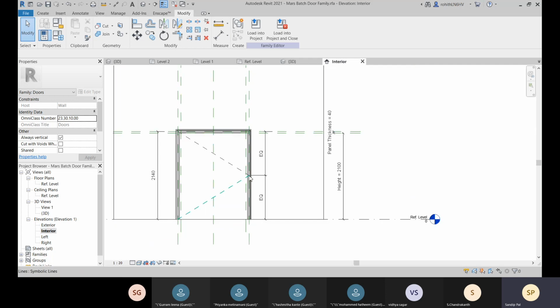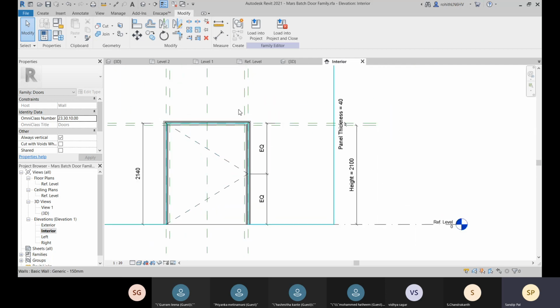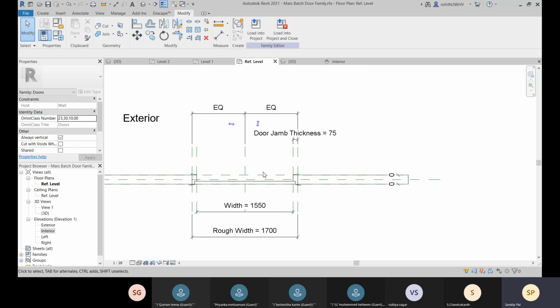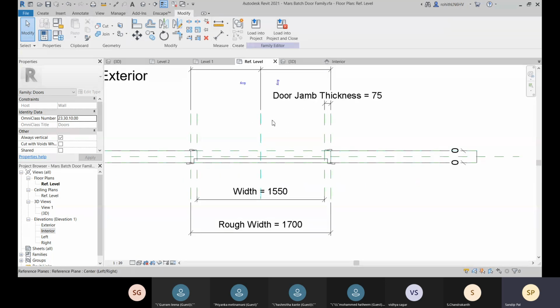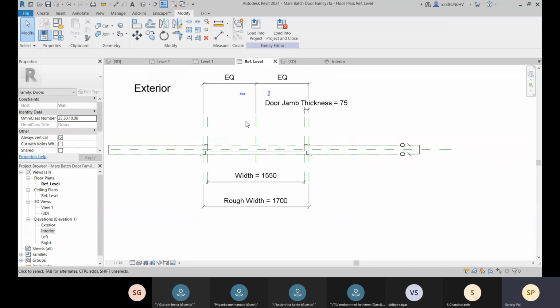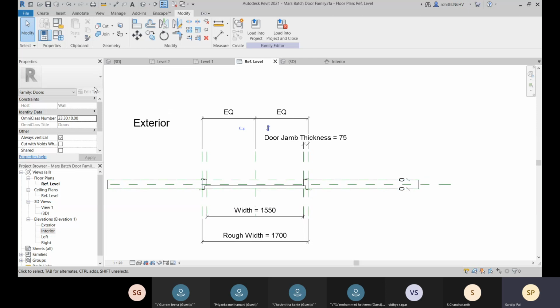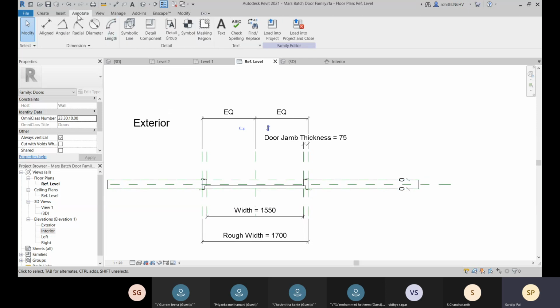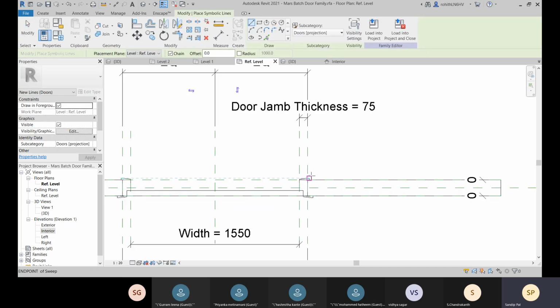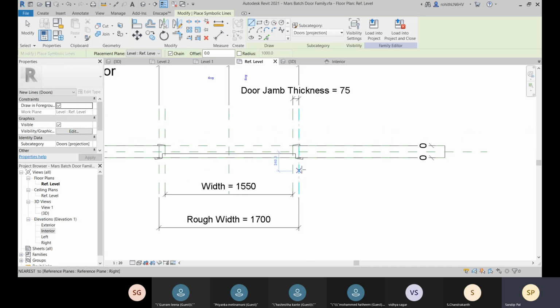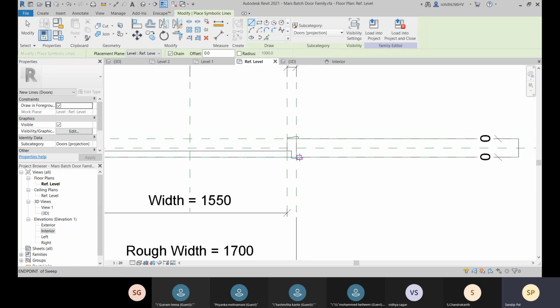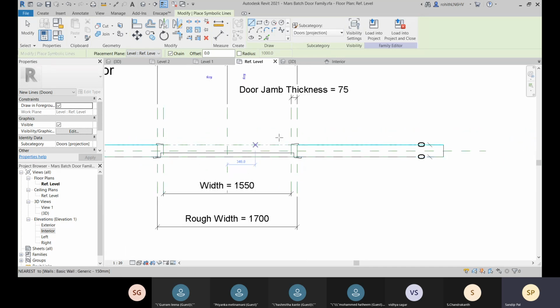And here you can see that this is the hinge side. All right, and if you come to this reference plane, then here you can see that we don't have any door plan symbol, so that we can add. If I come to this Annotate tab, here we have some symbolic lines over there. Okay, let's go for symbolic line, and because this is to the interior side, which side is the hinge?